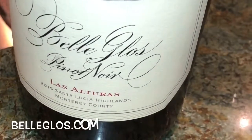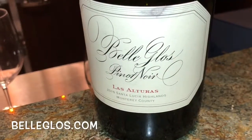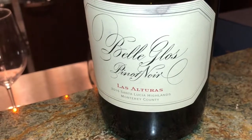It's a little bit pricey. It's not something you're just going to buy for $10 off the shelf. It's going to be a little bit more expensive. Probably going to open in the $40 range. At the same time, too,